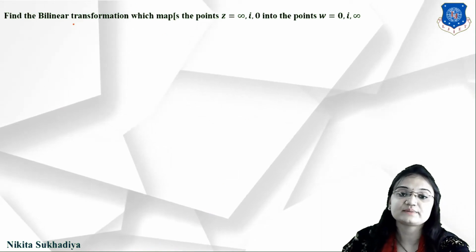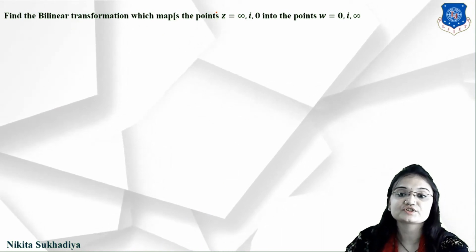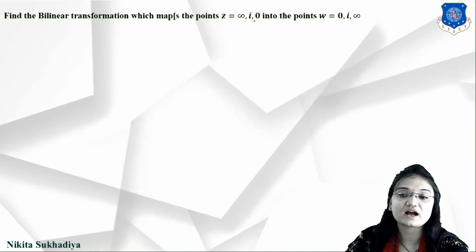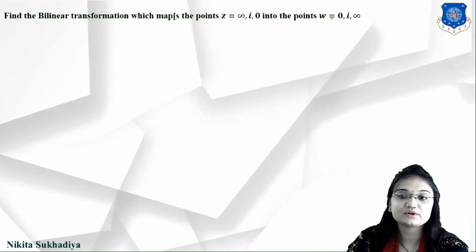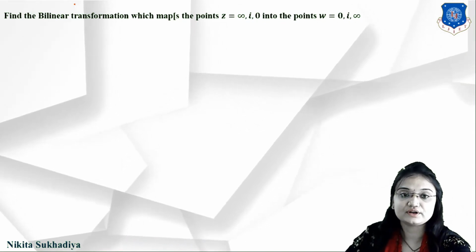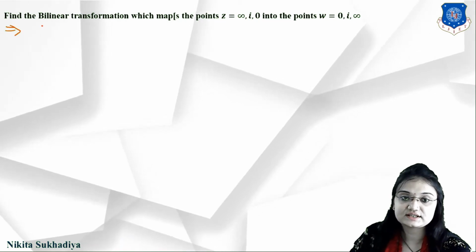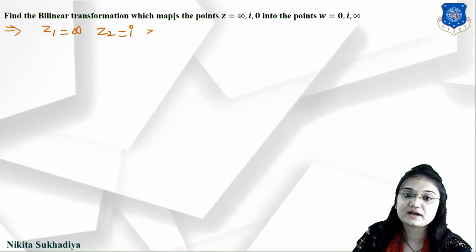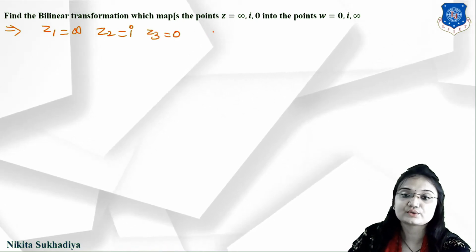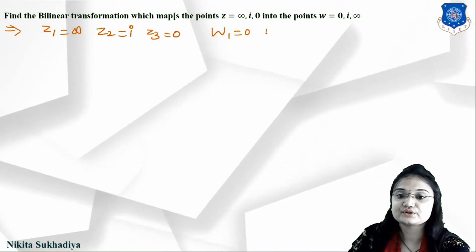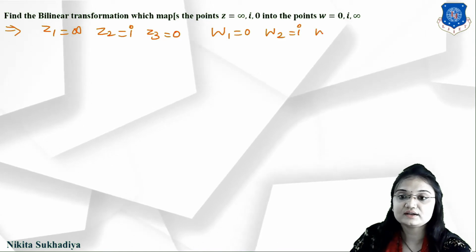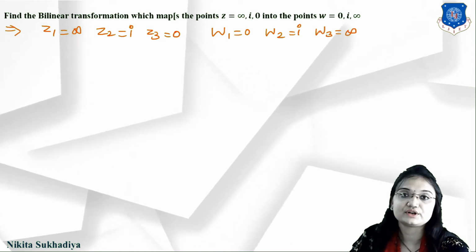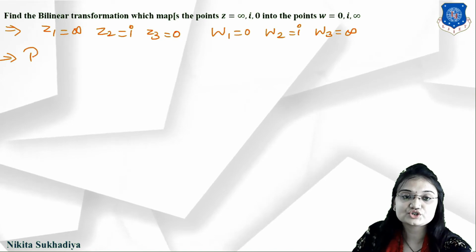Next is: find the bilinear transformation which maps the points z equal to infinity, i, 0 into the points w equal to 0, i, infinity. Here you can clearly see that our point z1 is equal to infinity, z2 is equal to i and z3 is equal to 0. w1 is equal to 0, w2 is equal to i and w3 is equal to infinity. So by the cross ratio equation,